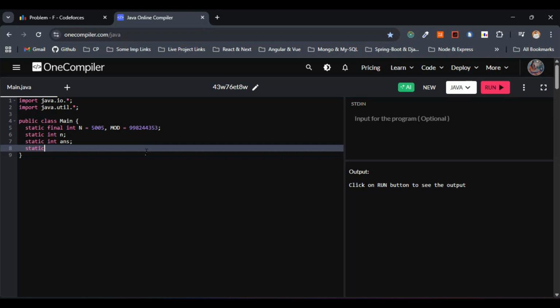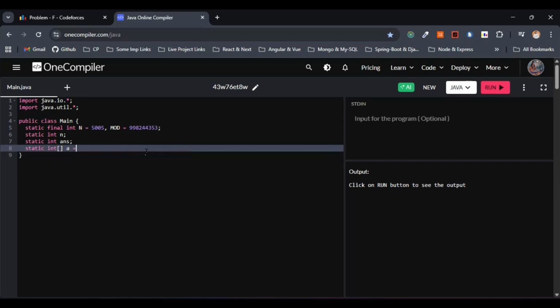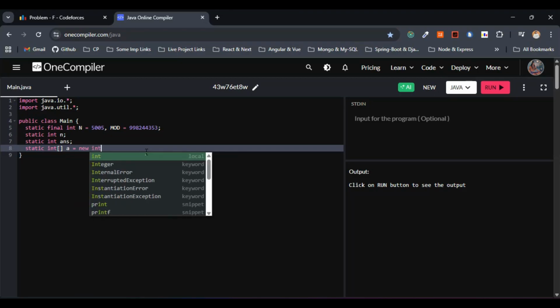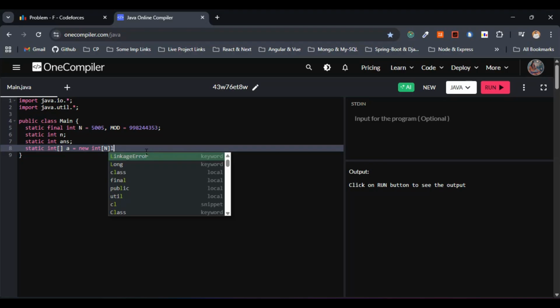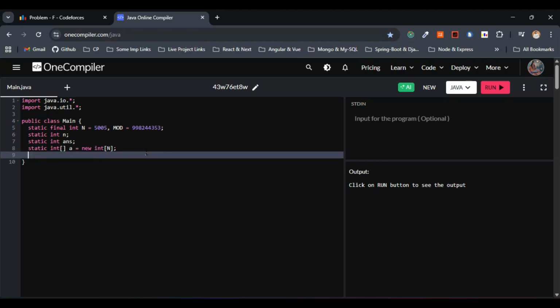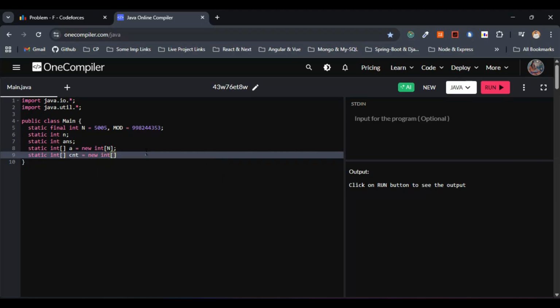So I'll just go with static here. We are considering array a equals new int of, let me pass the capital N. So this is fine. Now we also have to go with the count, right? So count of v is nothing but the number of parts with the value v. So let me go with static int equals new int of